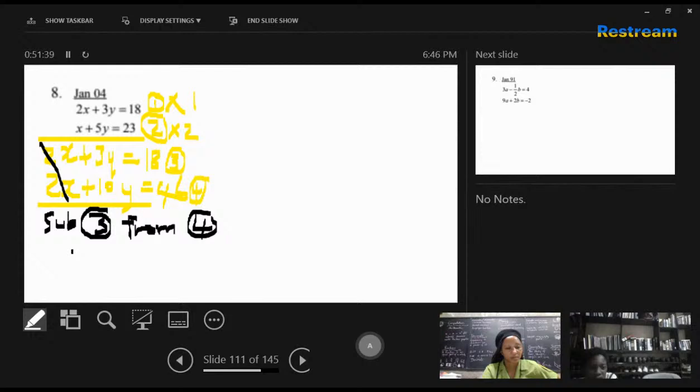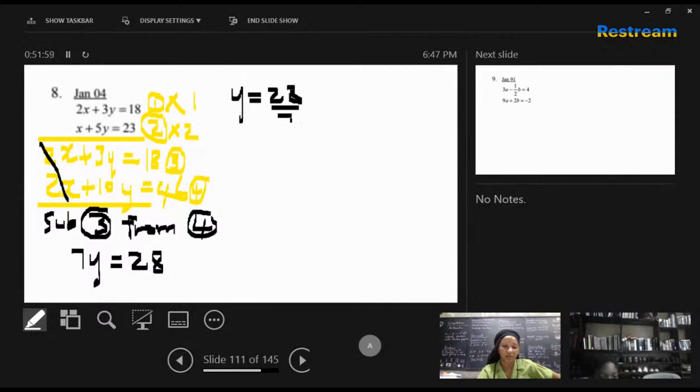We're going to have 7y equal 28. So y is going to be equal to 4. Don't skip this step. 28 divided by 7. 28 divided by 7 is 4. Alright. And next, then